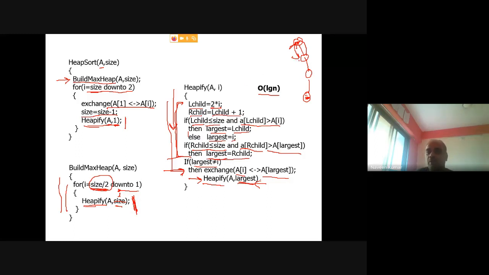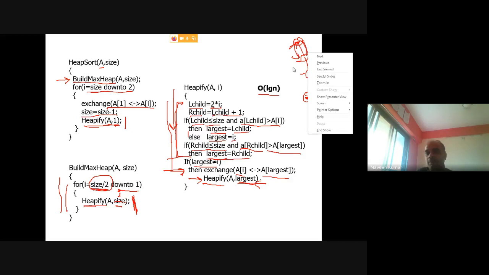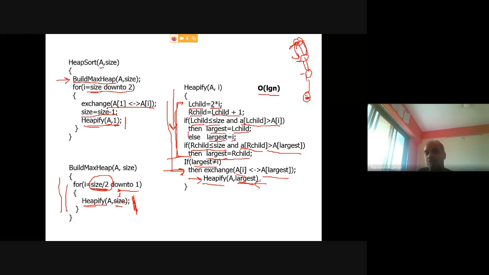Again, you need to repeat that operation. So how many repetitions do you want? You want repetitions equivalent to the height of this tree. So one repetition here, second repetition, third repetition. How many repetitions in the worst case? Equivalent to the height of it, right? So height is what? Since it is a complete binary tree, height is log n. So how many times you need to repeat this operation? Log n times. So total cost will be log n. It depends on n, right? So log n will be the cost of the heapify operation.